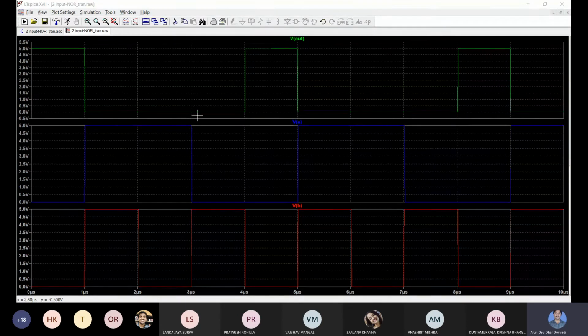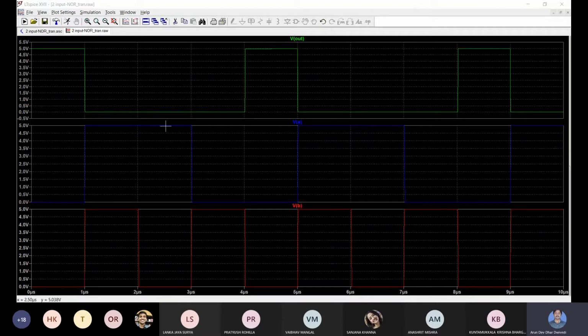As I already explained, this truth table is verified. Initially from 0 to 1 microsecond, input at A is low, input at B is also low. Both are low, so 0, 0. For 0, 0, the output of the NOR gate is 1. Here input A is 1 and B is also 1, 1, 1. For that the NOR gate output is low, meaning 0.